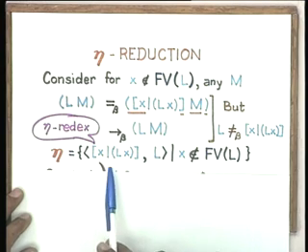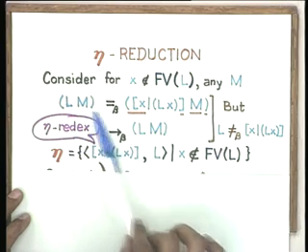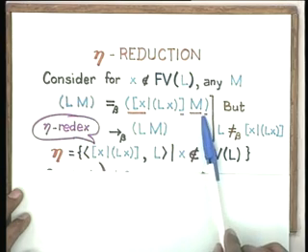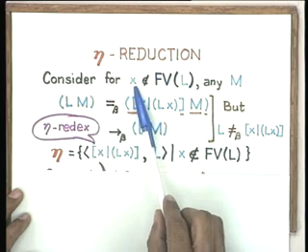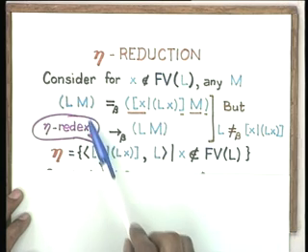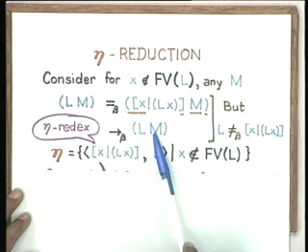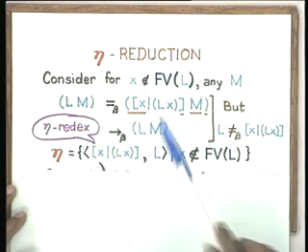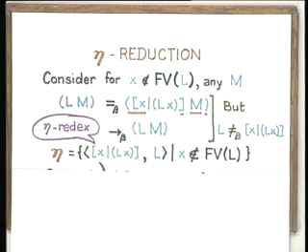right. So, what this says is that it is important to realize that L applied to M is beta equal to lambda x Lx applied to M only if x is not a free variable of L. If x is a free variable of L, then these two are not going to be equal, because the free occurrences of x within L are all going to be replaced by M and you will get something different from L applied to M, okay. For example, if x is free in L and you apply L to M, then M is going to replace some other bound variable, it is not going to replace x,